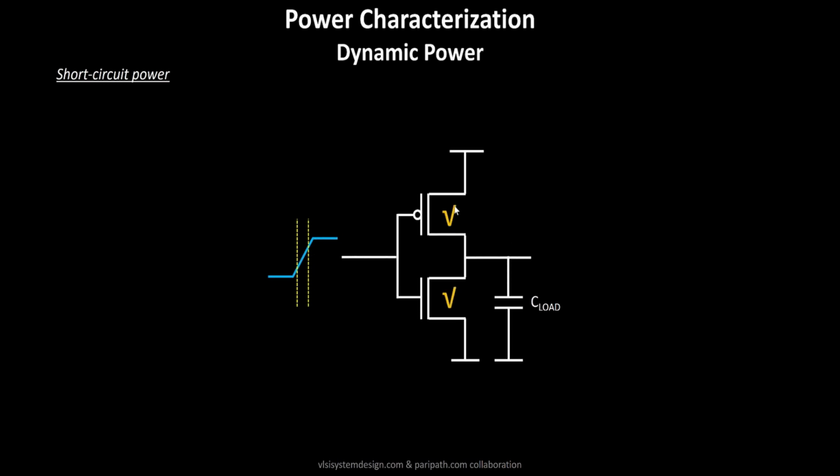At that point, your PMOS and NMOS are both turned on, and the C load capacitor might already be charged. We talked about the current that flows whenever your load capacitor is getting charged, and now, since your NMOS is turned on, there's a discharging current that flows through the C load. Along with the discharging current, since this is at a higher potential and this is at a lower potential, a short circuit current flows from VDD to ground. That current is called the short circuit current, and the power dissipated due to it is called the short circuit power.